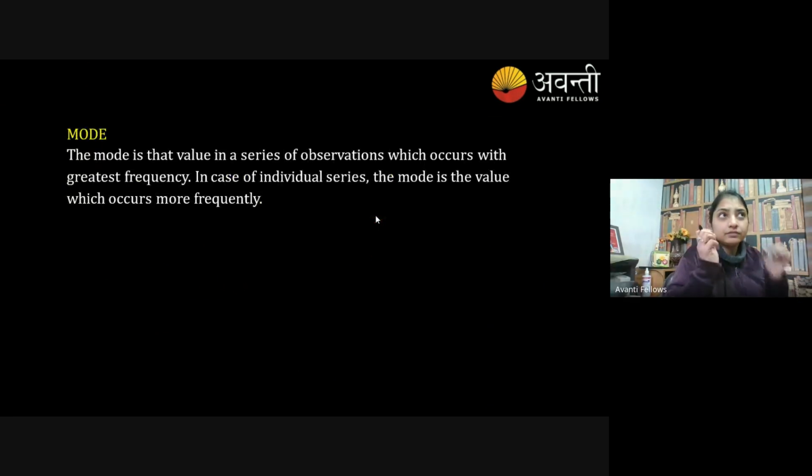So now we are on the last part, that is mode. So mean and median are known to us, how to calculate. Mode was quite easy. How to calculate mode? The value that is repeated the maximum number of times in the whole observation, that is actually the mode.